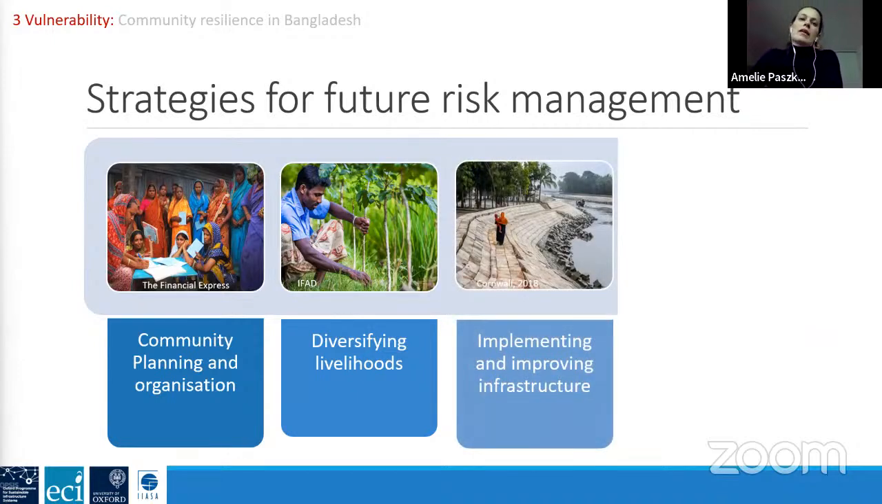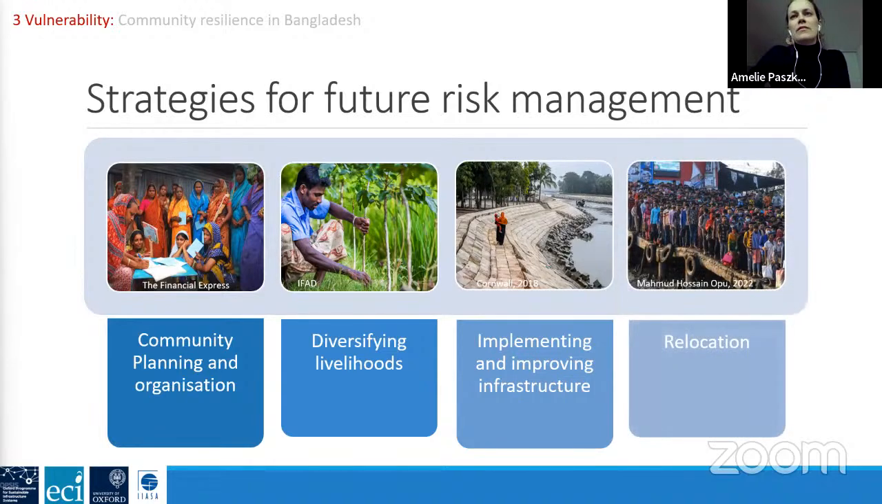And then there's also been the implementation and improvement of infrastructure. So they've been raising school buildings, raising homes, improving health services during floodwaters would not contaminate their drinking water. And finally, relocation has also been one of the ways in which community members have been